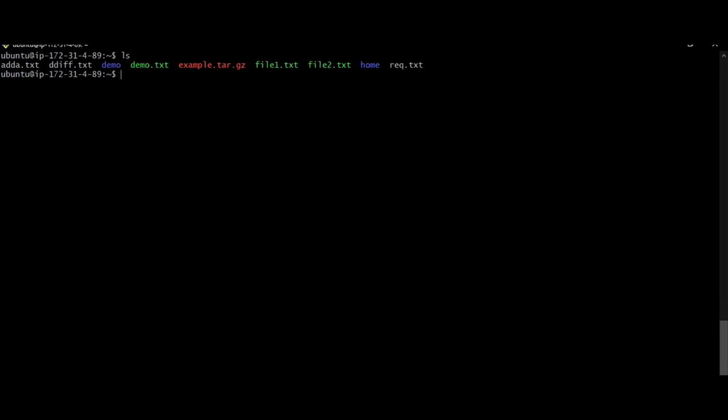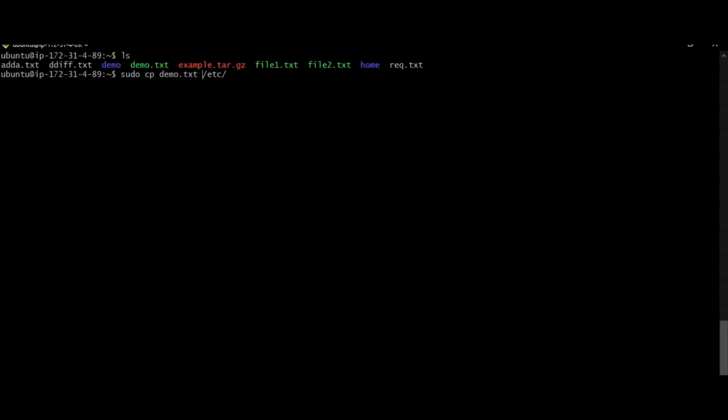And the next command is the cp command. The cp command is used to copy files from one location to another location. For example, I have an example.tar.gz. Now I want to copy a file into the /etc directory. Before that I have to give which file has to be copied, demo.txt.